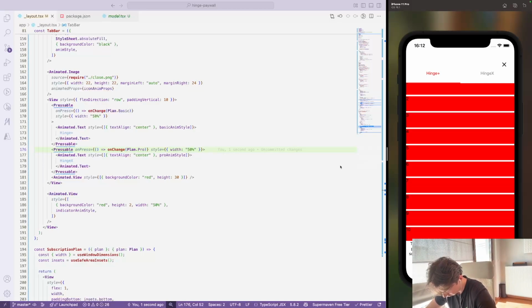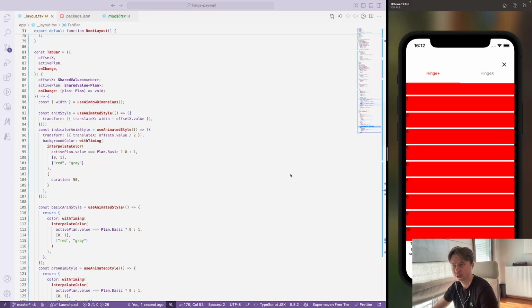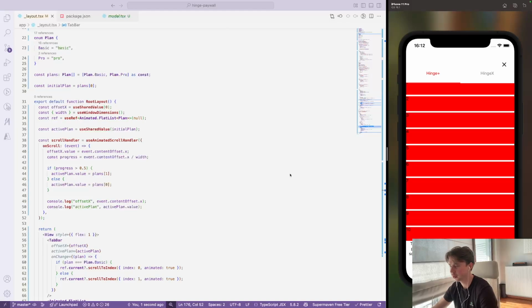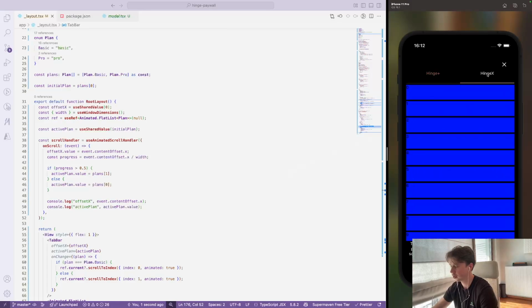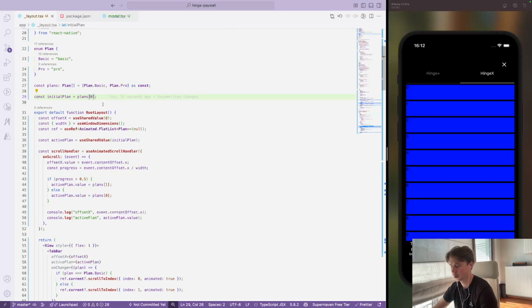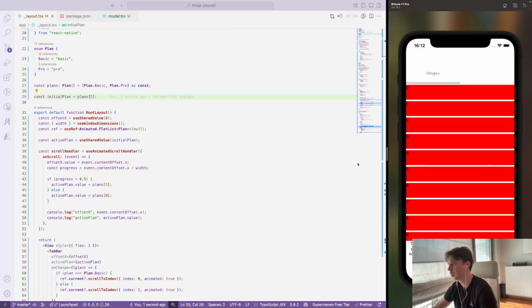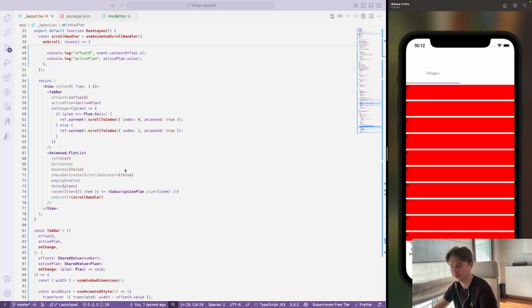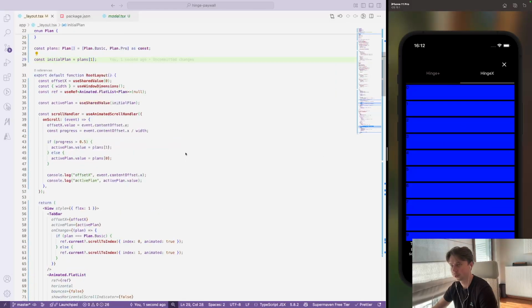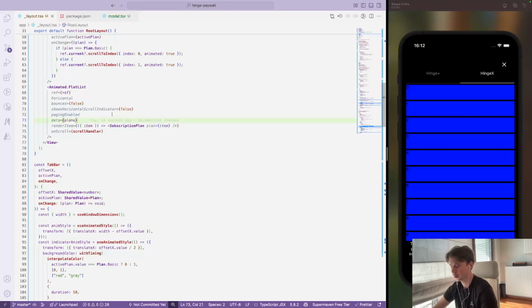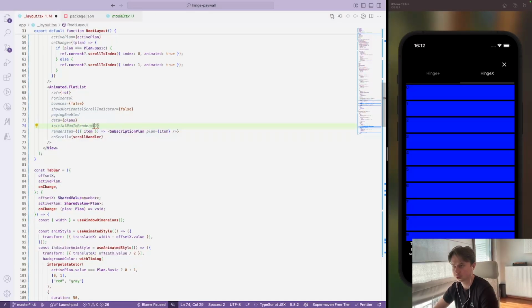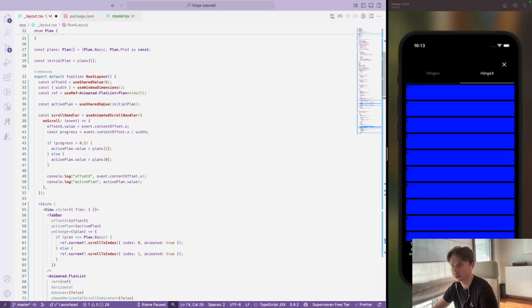Another thing that I wanted to implement is that our components should be displayed initially on the Hinge X subscription. Will it work okay if I just make it here? No, it will not work, because I need to pass the initial scroll index. And the initial scroll index will be